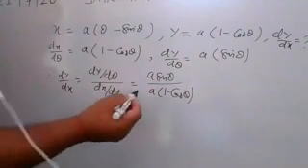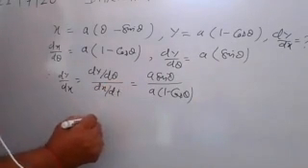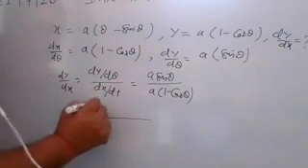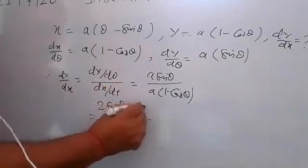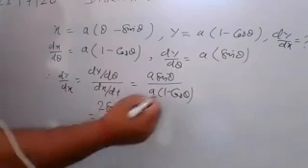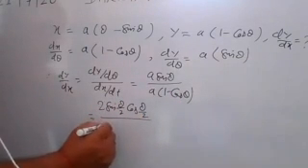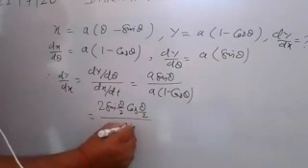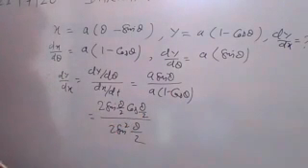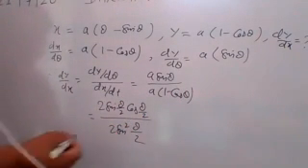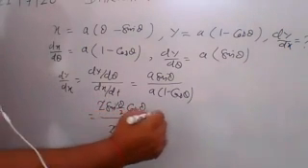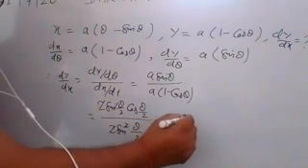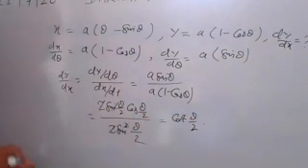Okay, so here you see that a and a cancel out, and sine theta can be written as 2 sine theta by 2 cos theta by 2, and 1 minus cos theta is 2 sine square theta by 2. Understand? So just you see 1 power of sine cancels out, and your answer is cot of theta by 2. Cot of theta by 2 is your answer.